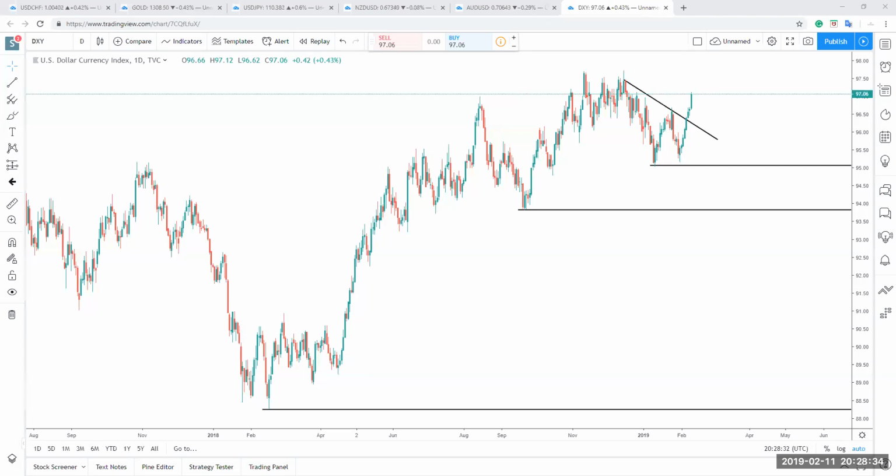Price has room to come down to this sort of area here, but because we've been consolidating and squeezing, we could either pop down or up. This could be an interesting trade to look at. Right now, because we closed bearish,